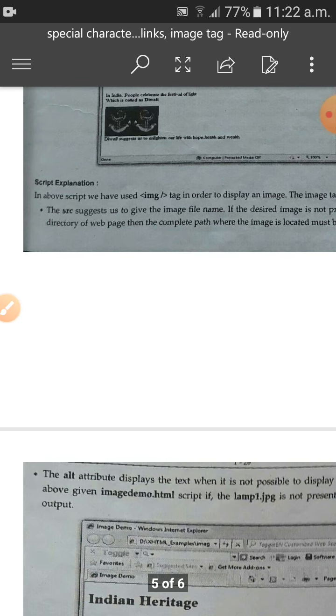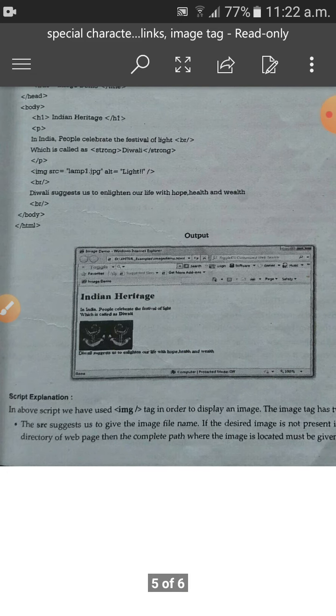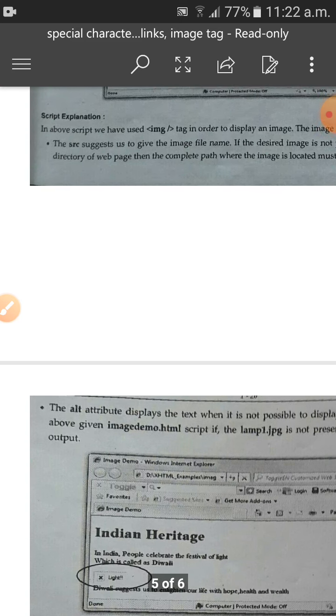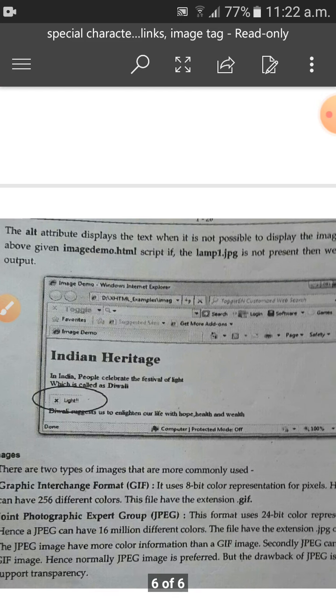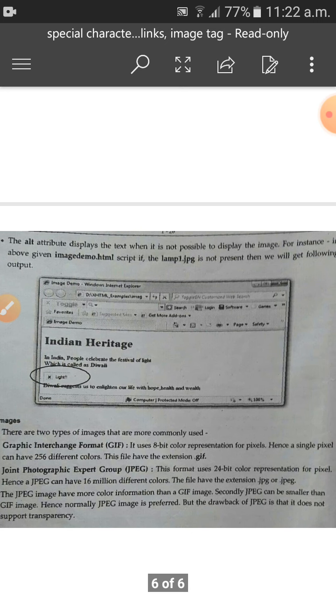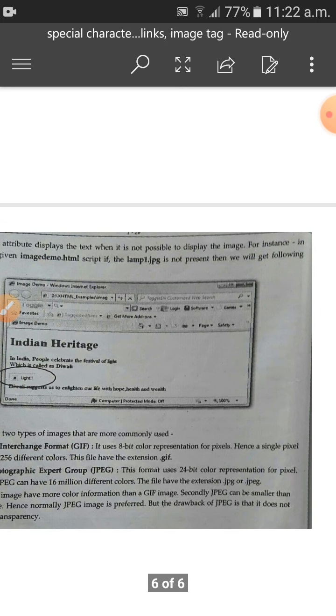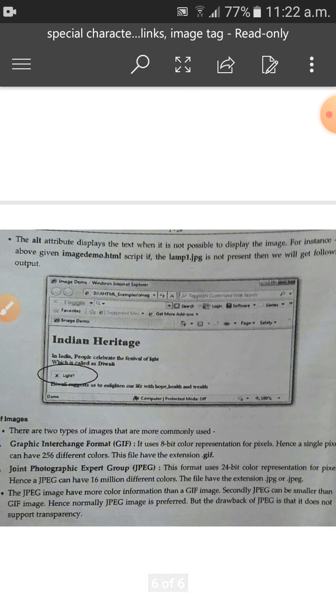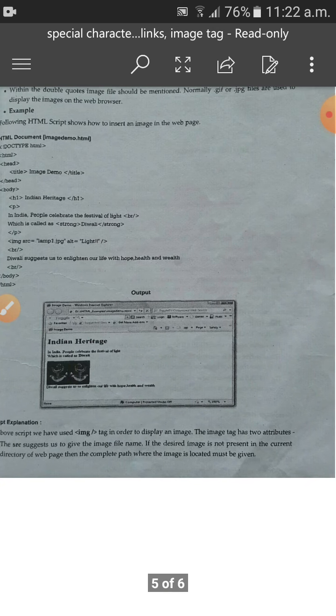Then the next attribute used in the image tag is alt. This alt attribute displays text when it is not possible to display an image. If the image you named does not exist, it will display that text.